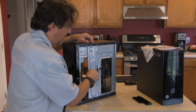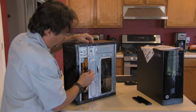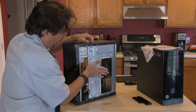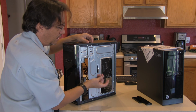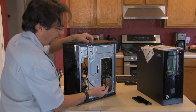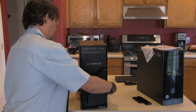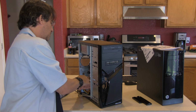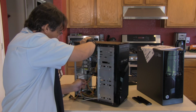not run any cables back here, because this edge, I mean, this looks like a nice cable loop, but I'm not sure, unless you're going to run it up through here, this edge is going to come right up against the panel, and it's going to pinch this, and over time it may wear and erode a hole right into it. So sometimes you're just going to have to stick with looking at your cables. There's no case window on this anyway. It was a nice thought. But as you can see,